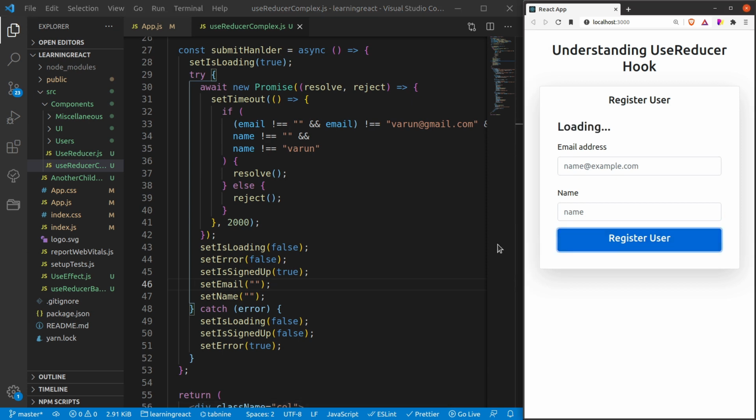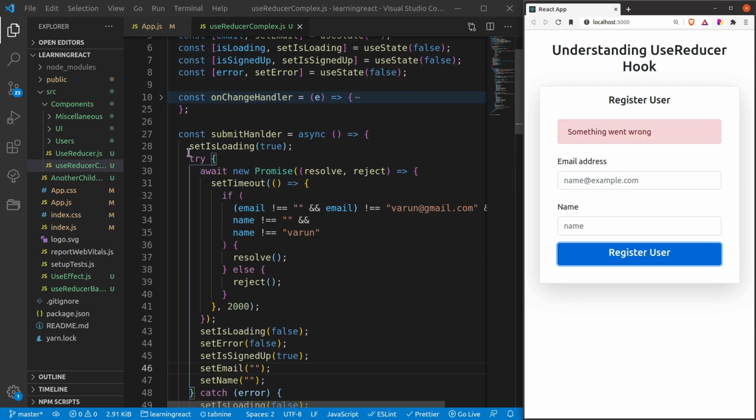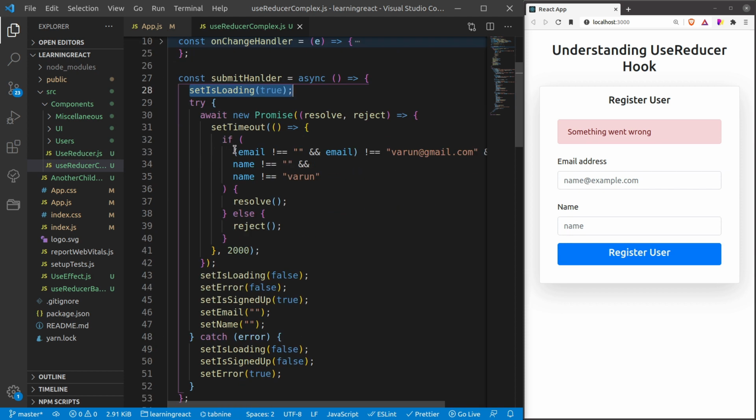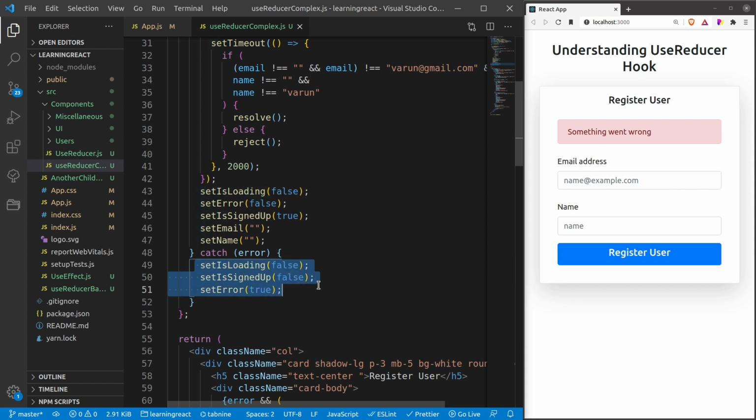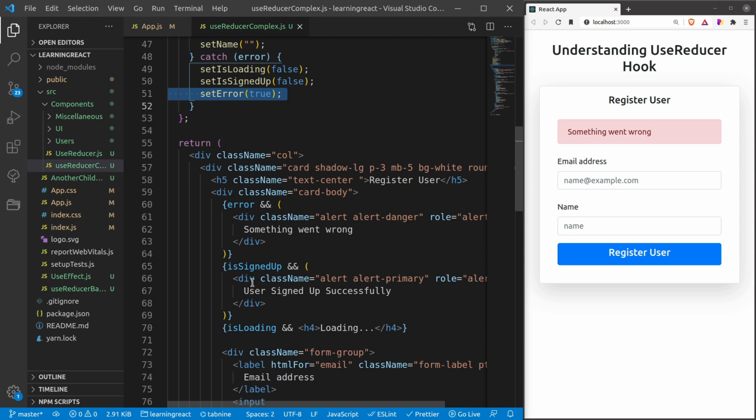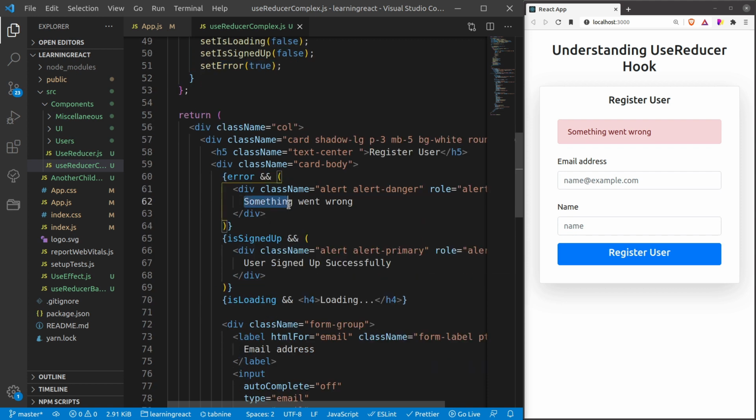So clicking on register, it is going to set loading true, and then as there is nothing over there, it is going to call reject, and in reject it is calling the catch, and in catch it is saying set error to true and everything else to false. So the loader is removed now, and then set error is true. When set error is true, it is showing that something went wrong.